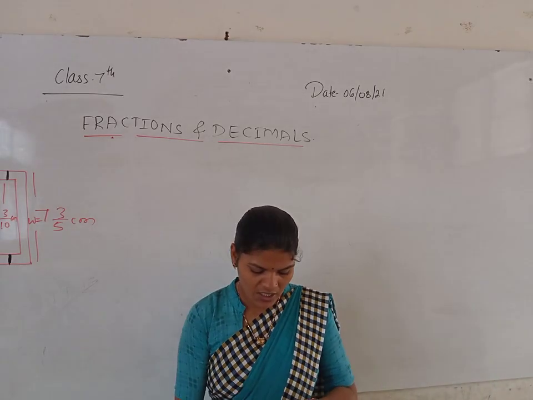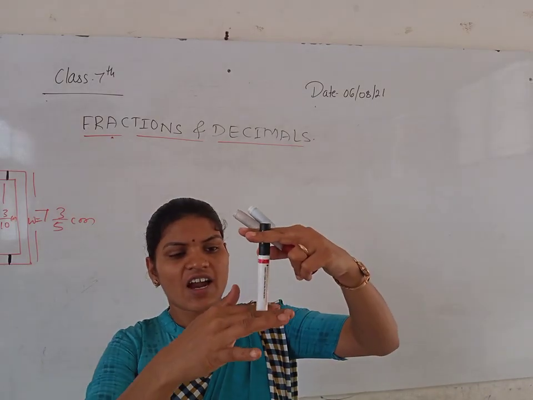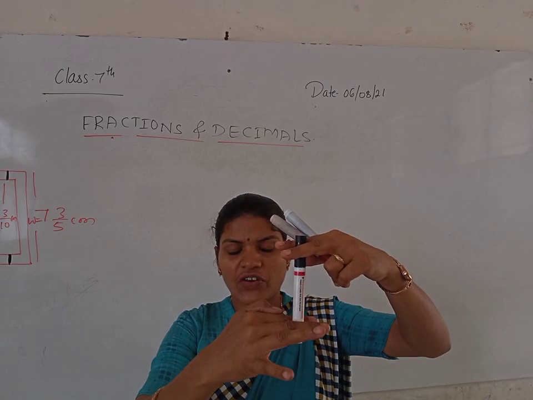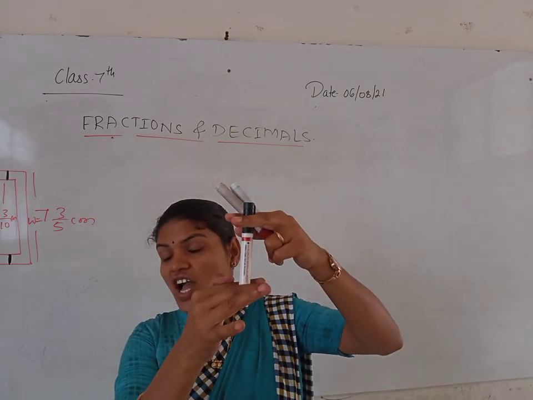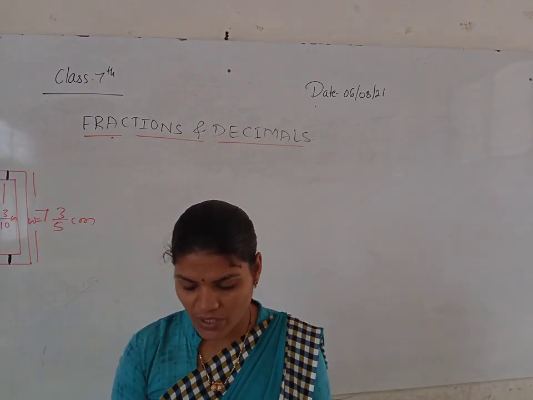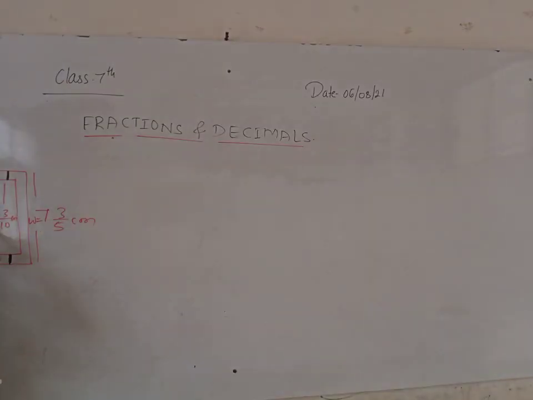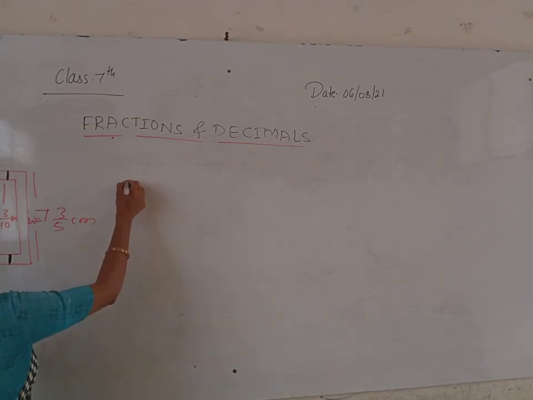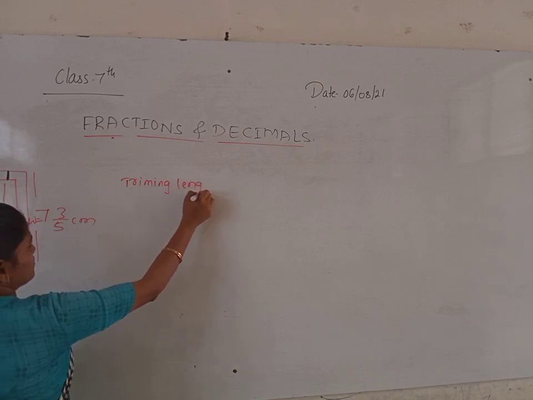Now what will I do? This is the length of the photo. I just want this much and this much of the photo for adjusting in the frame. So what will I do? In the total length, how much I want, if I subtract it, I will get how much I have to trim. Means in the real width of that picture, if I remove the required length, then I will get the trimmed length of the picture. Clear? Okay. Trimming length of the picture.